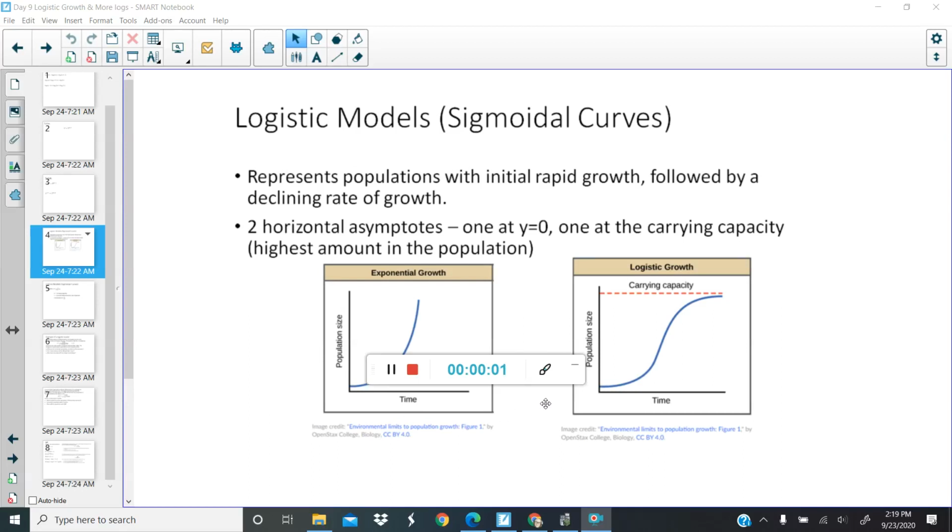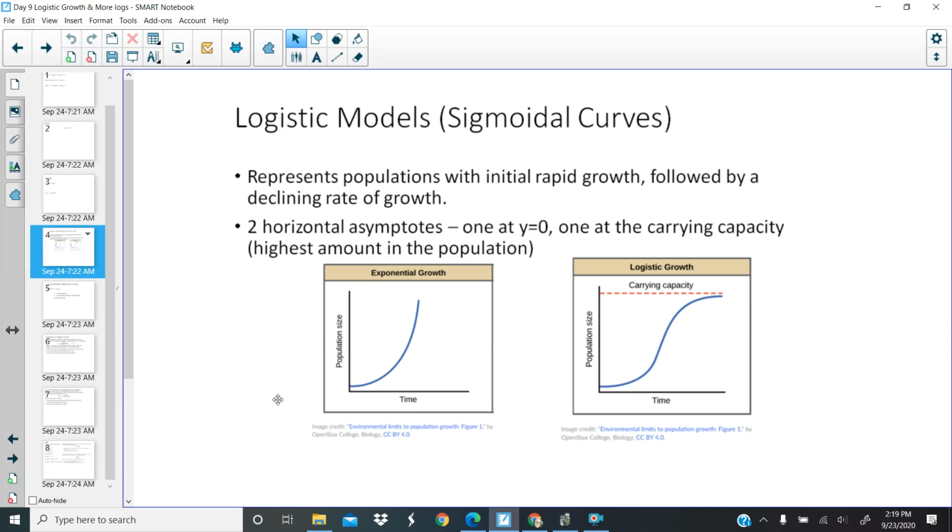Hey guys, today we're going to talk about a new type of equation that you've probably never heard of before. So this is going into logistic models. Logistic models are used a lot whenever you're representing a population or something like that, where in the very beginning there's initial rapid growth and it looks almost like exponential growth, which you can see on the left-hand side here. But at some point, that population has to stop growing because the land can't handle it,